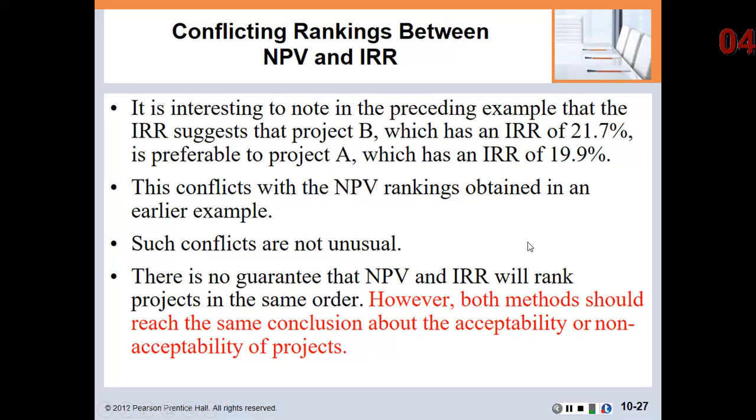This is also pretty important here. It says when it comes to ranking, there's no guarantee that net present value and internal rate of return are going to rank the projects the same. You may have 5 projects, and you may have different rankings depending on the method that you use. But when it comes to a project being acceptable or not acceptable, you will always get the same answer no matter which of those 2 methods you use. It just has to do with the ranking. So if you have a limited amount of capital, then you may get some different solutions.